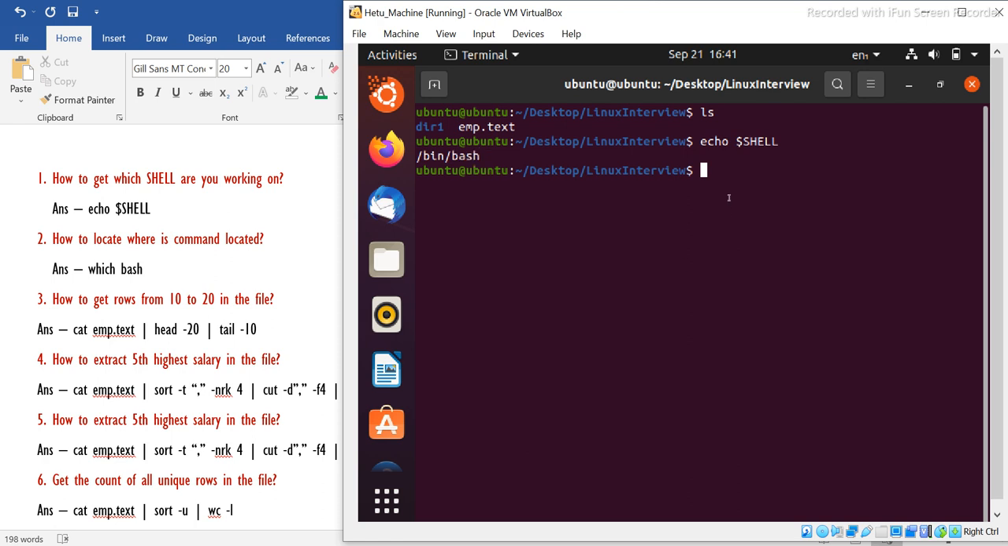Now, if I need to know, guys, for a particular command, let's say I have a pwd command. pwd basically will tell you where we are working, so present working directory, right? If I need to know where this particular present working directory's libraries or executables are stored,